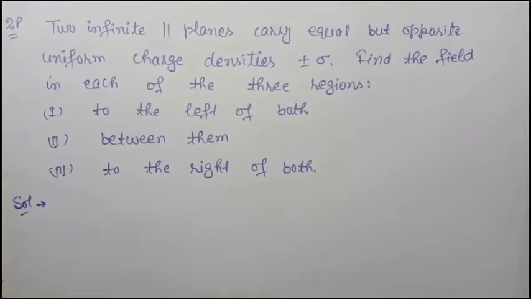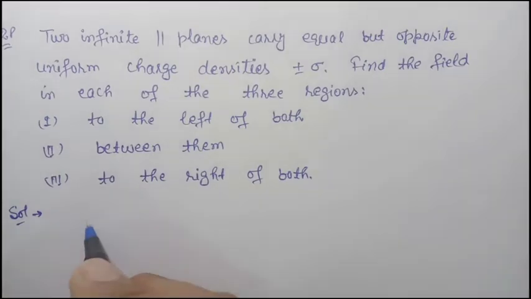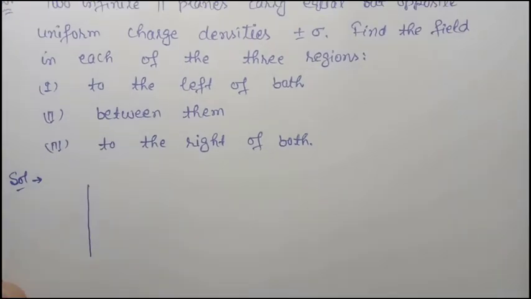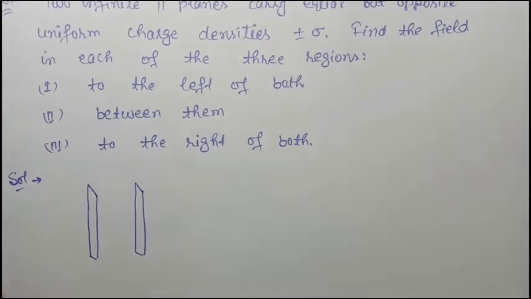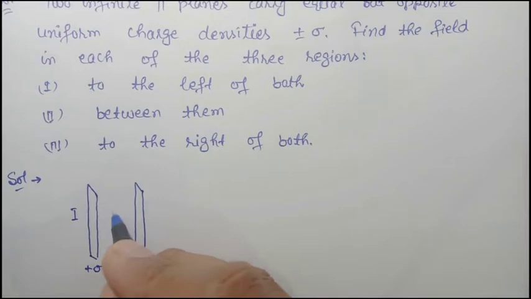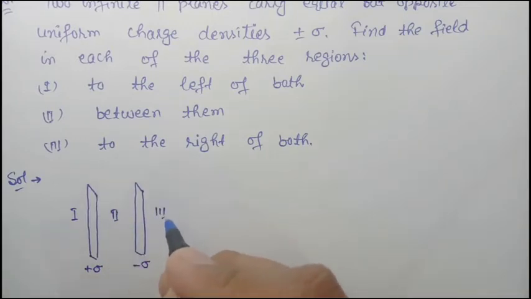Okay, so as per the question, suppose this is the first plane and this is the second plane, and here suppose the charge density is sigma for the first and minus sigma for the second. And suppose this is the first region, this is the second region, and this is the third region. Okay,